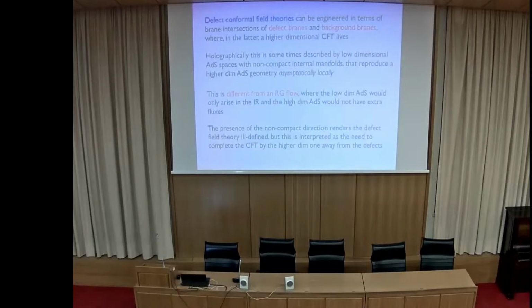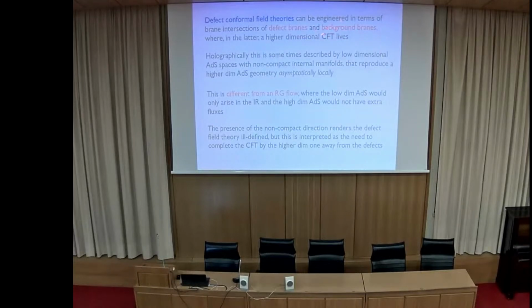So in these realizations, when you study defect conformal field theories in holography, typically you have a low-dimensional field theory, that is the defect field theory, realized in some brane intersection, which consists of two branes, what we call the background branes. These are backgrounds which intersect in higher dimensions compared to what happens when you include the defect branes, and